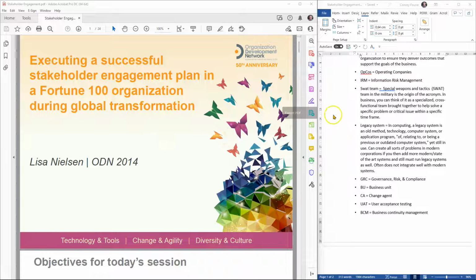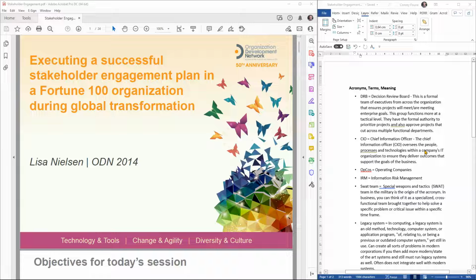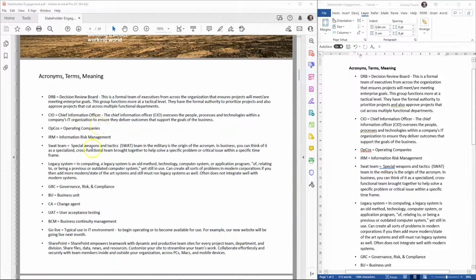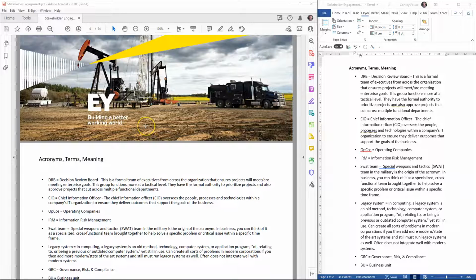So on the right hand side I've got the various acronyms and terms. If you just go through the slides without that, it becomes a little bit difficult to follow because they use the acronyms after initially mentioning what it means. So I've uploaded also the acronym terms and meaning, and I've also embedded that in inserting another page in the PDF of the slide presentation. Okay, so